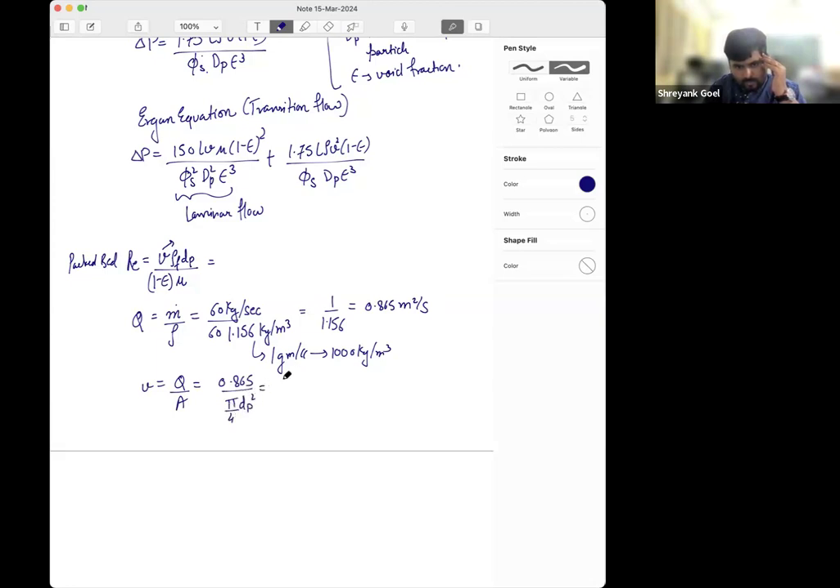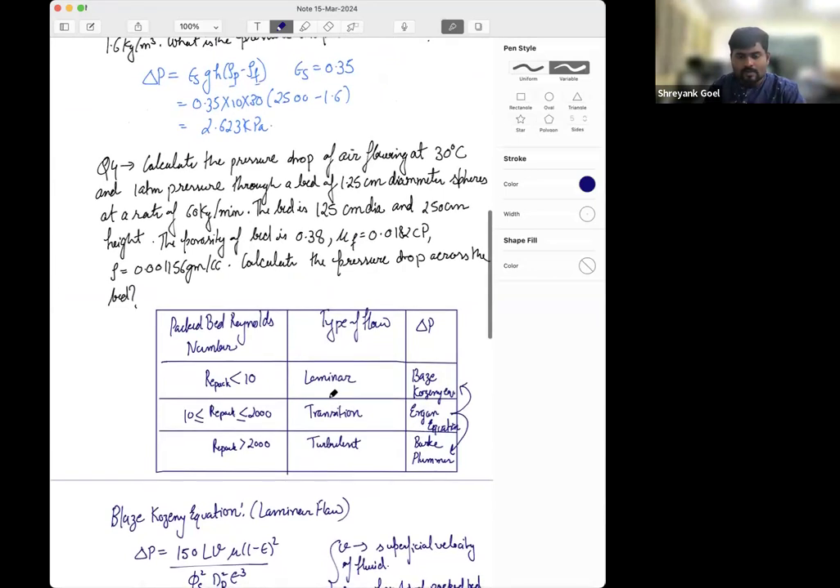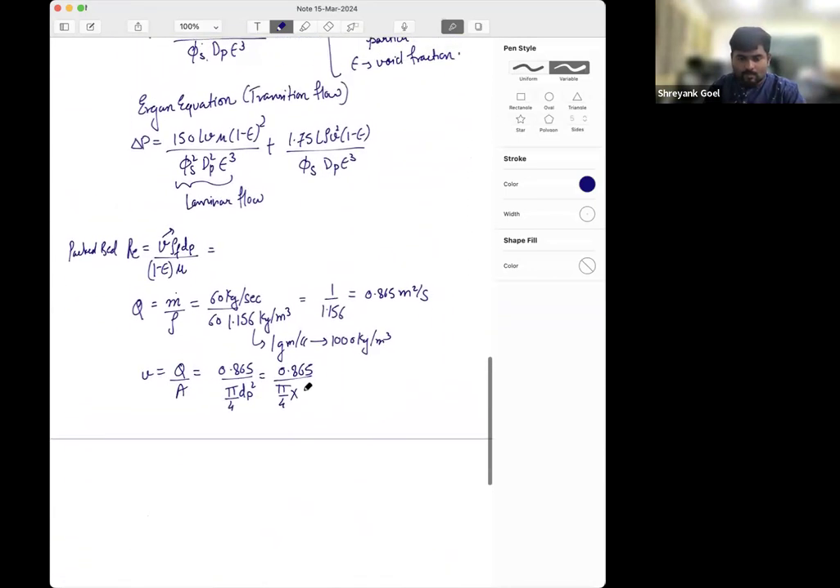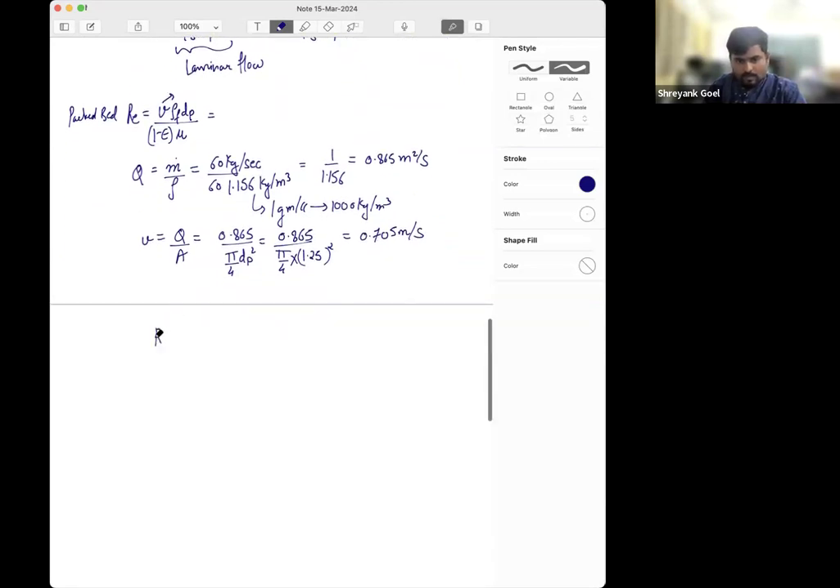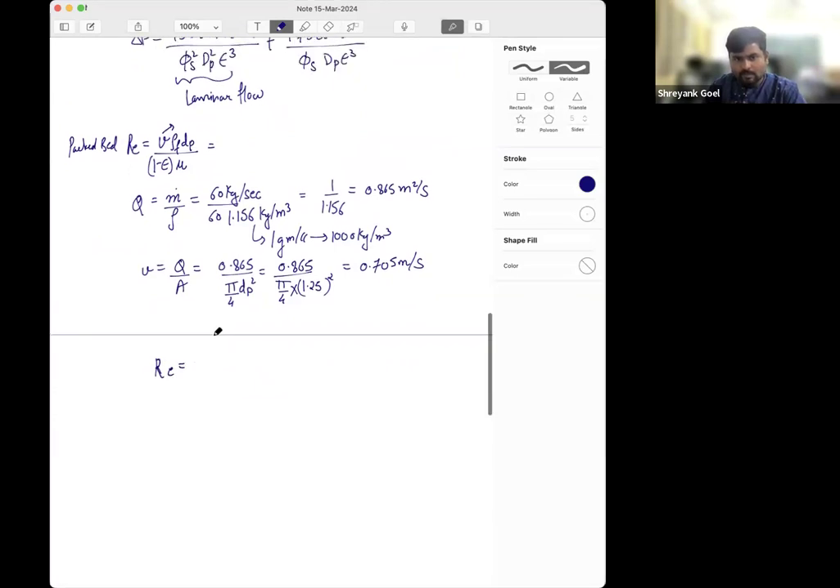So 0.865 divided by pi by 4 into the diameter of the particle, that is 125 centimeters, so it is 1.25 squared, and therefore it is 0.705 meter per second. So the Reynolds number becomes, with the superficial velocity,